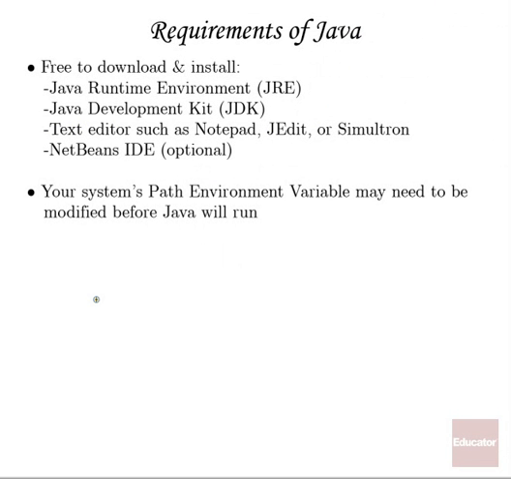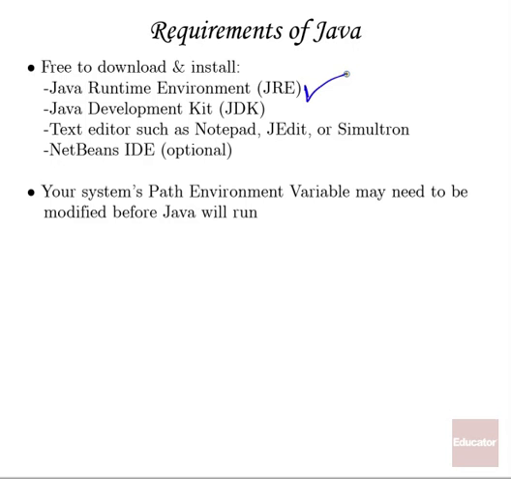All right, if you are going to use Java as a programming language, there are several things that you have to do to set your computer up so that it's ready to program in Java and then ready to run Java programs. Some of these things include downloading the JRE, the Java Runtime Environment. Most of the time your computer probably already has this, because if you are browsing the web, you are probably running Java programs, Java-enabled websites, and so the JRE is probably already there.